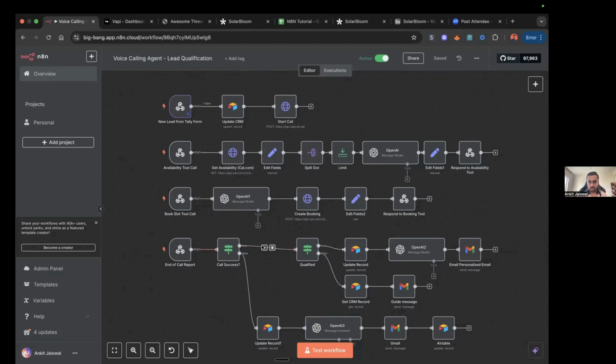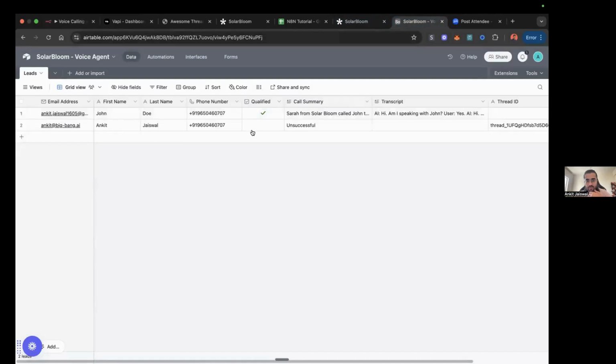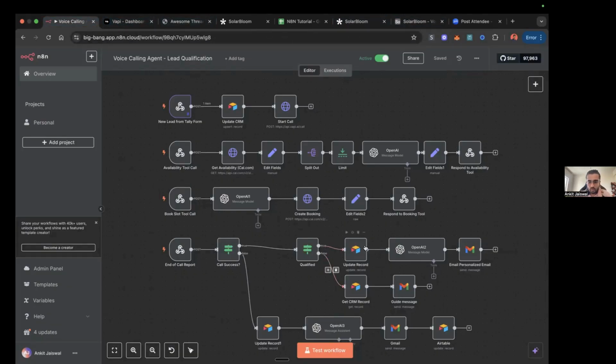If it's successful, then it will check whether the person qualified or didn't qualify. If the person qualified, meaning the person was eligible for the services, it will choose this route. Or if the person wasn't eligible, it will choose the other route. If the person was qualified, it will tick mark that this was qualified. If the call was unsuccessful, it will just say unsuccessful. And if qualified, it will get the summary and update the summary and will send a personalized email that,